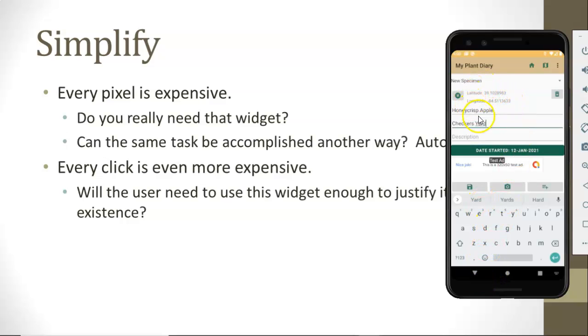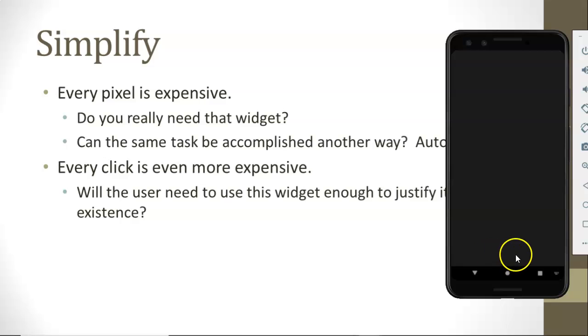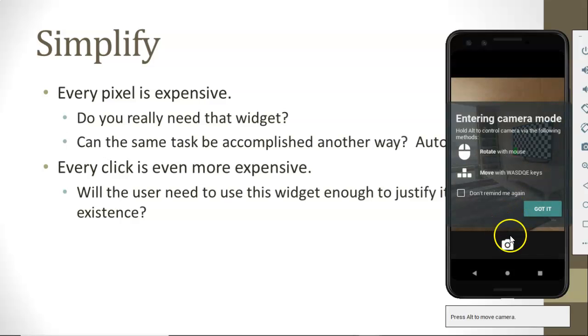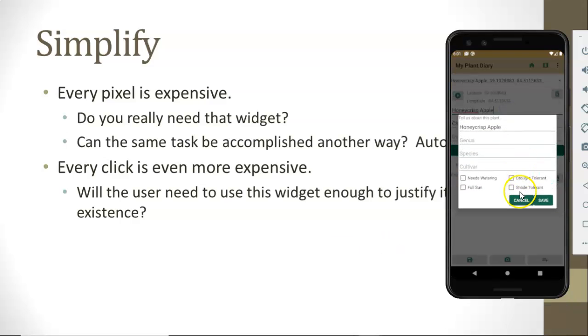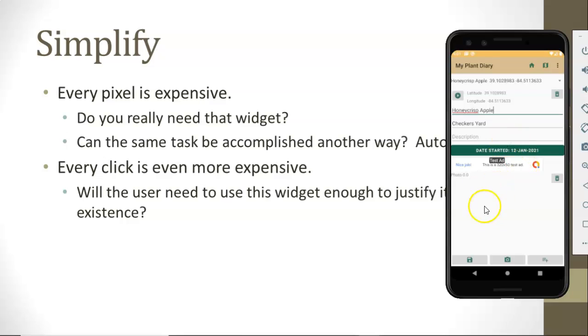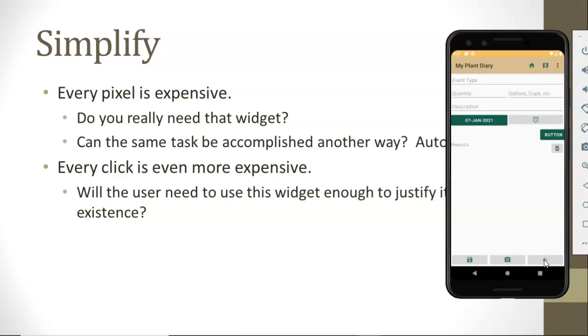I have my plant associated with a specimen, but we know we can also have events. I can take a picture directly from the screen if I wish, and it will automatically create a photo and event and then put it all together nicely on that page. But on a similar note, maybe I need something that is a bit more complicated than this photo and this event, and in that case I'm going to go here to this little button, which is an event screen, where